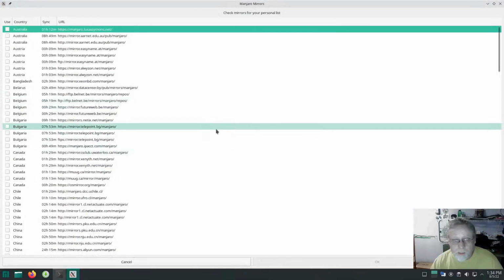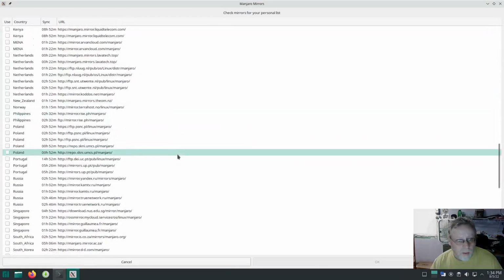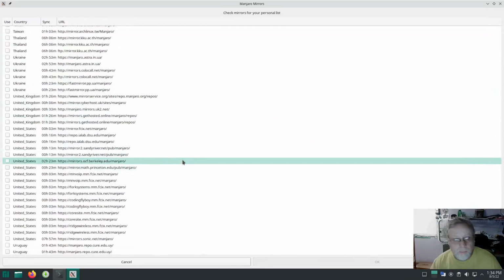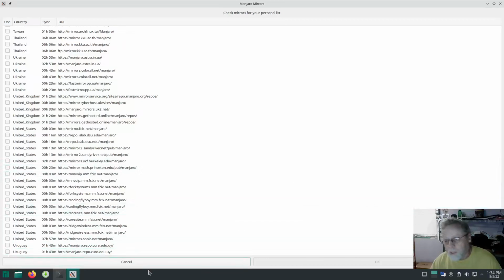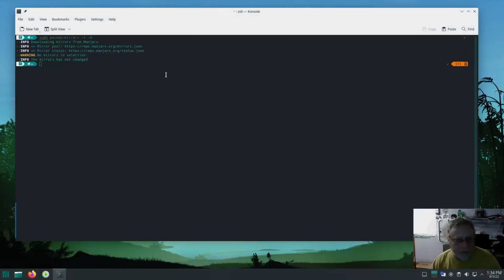And you can specify where you want your mirrors to come from. Make your own personal list. I'm going to hit cancel. Mirrors have not changed, which is fine, so I don't need to update. Okay, so here,